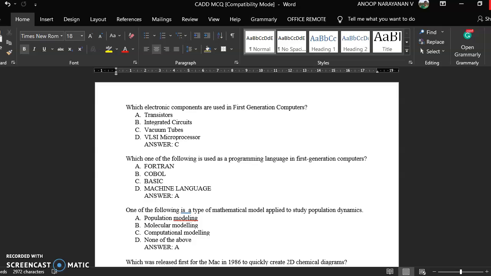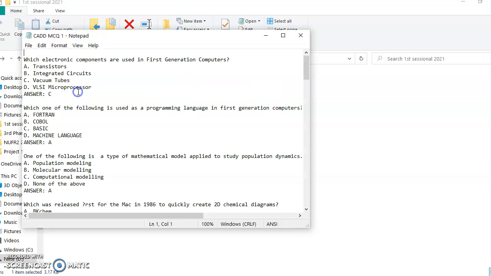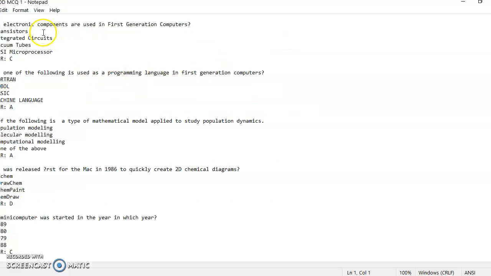Now let us go to the folder. You can see the file is saved. I had already done the same thing. So what you can see here is again the neat and clean format of the particular file. There is no unnecessary spacing, no special characters other than this question mark, and no equations, nothing. The numbers of the questions are removed as I showed you. A, B, C, D is there and the options are there. Answer is in capital letters and after one question there's a space.